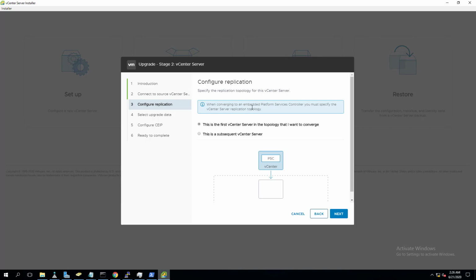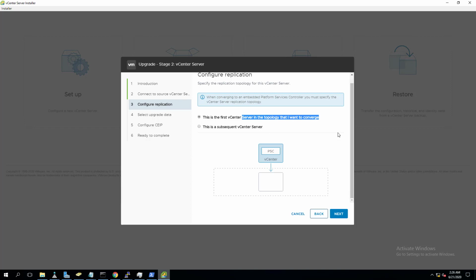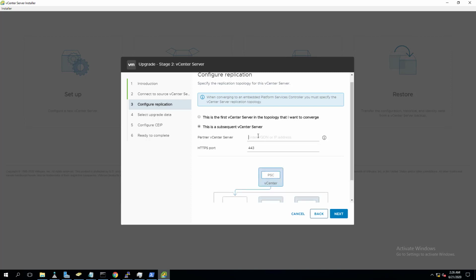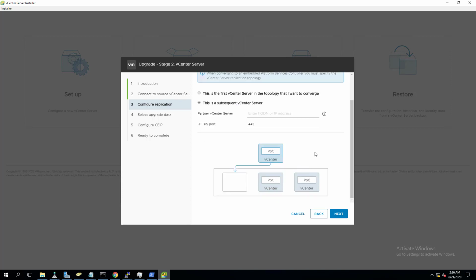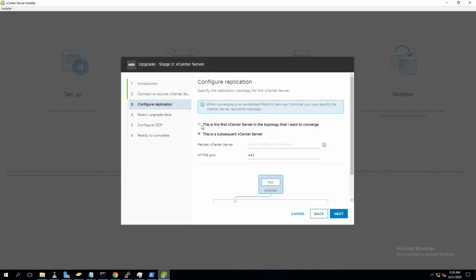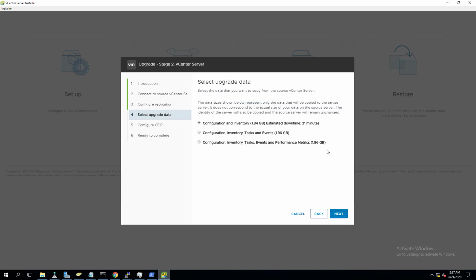If you have a subsequent vCenter Server, then for the convergence, it needs to understand the topology of your vCenter Server. So this is the first vCenter Server. In my case, I don't have any Enhanced Linked Mode, meaning no other vCenter Server linked with the PSC. If it is a subsequent vCenter Server, we just need to provide the partner vCenter Server name, which we have already migrated and converged into an embedded deployment. I have only one vCenter Server in the environment.